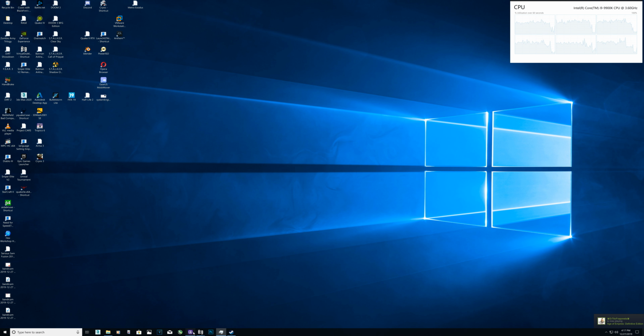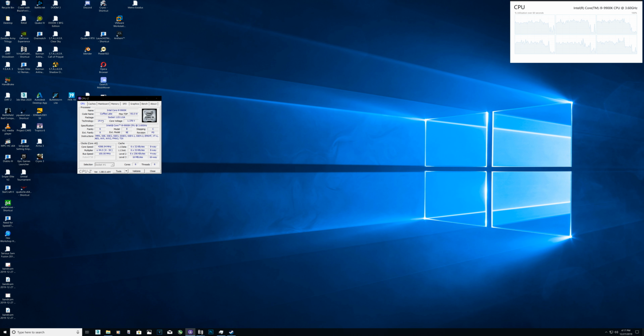Okay, I'm going to show you guys CPU-Z. This is the CPU-Z right here. So 5300 multiplier as external frequency, which is 5.3 gigahertz per core. On my 6-core 6 threads, as you can see, 2 cores were disabled in the BIOS, and the hyper-threading technology was disabled in the BIOS. Under my ASUS,